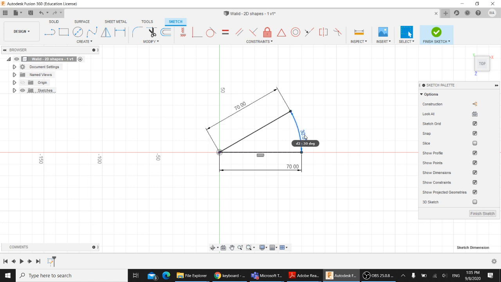If you want to delete, I think you can delete this one. If you don't want this one to be shown, you can just delete it. Okay,